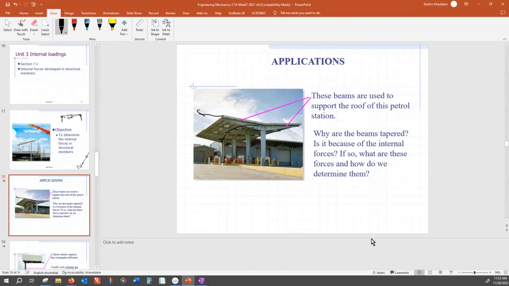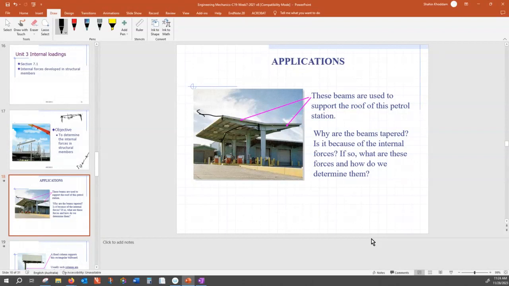The next question is why that beam is tapered. Why is it thick here and thinner here? Why does this gradually change? Is this to make it more beautiful, or is that going to be a waste of material? If only for the sake of making things beautiful, you know how much it costs in dollar value or in terms of resources? The question is, there is a structural reason behind it. The reason is